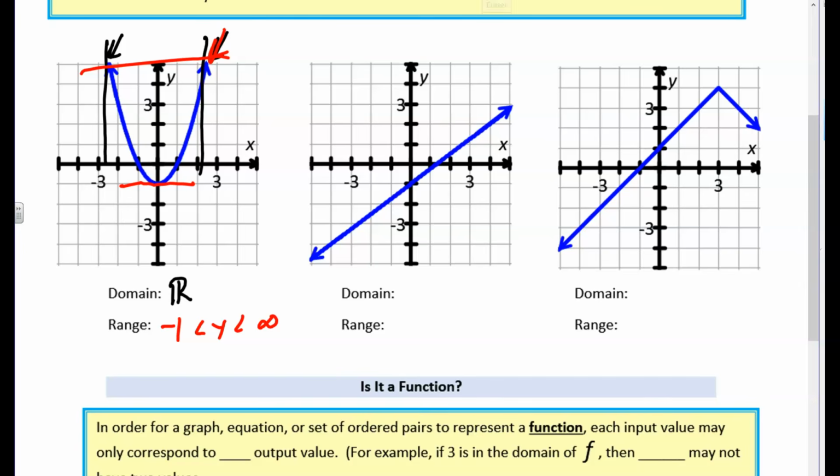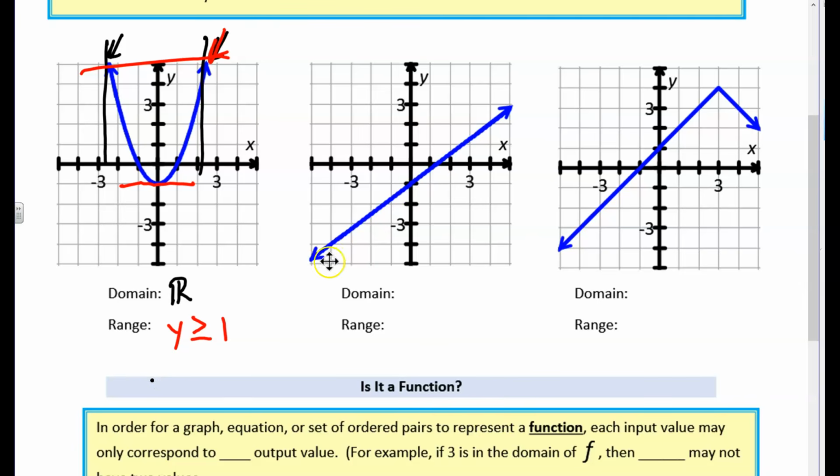I can instead say that y is always greater than or equal to 1. That my y values start at 1 and go up from there. So we have a domain of all real numbers and a range of y is greater than or equal to 1. Here we have a line, and if we look at my domain, as I'm going from left to right,